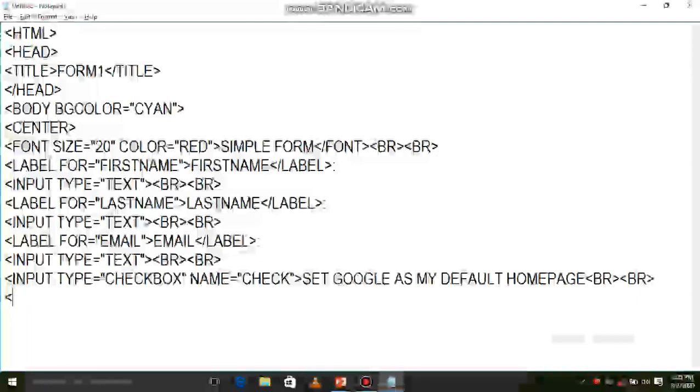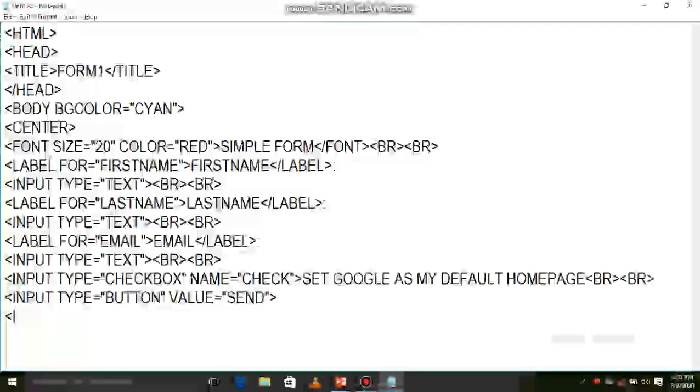Next I want input type is equal to button, button value is equal to send.